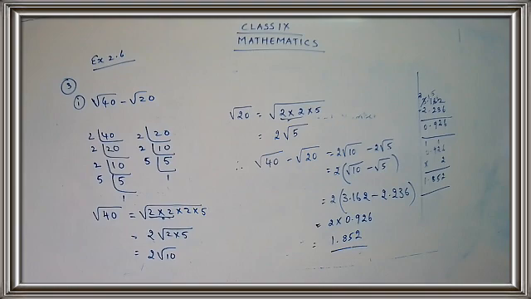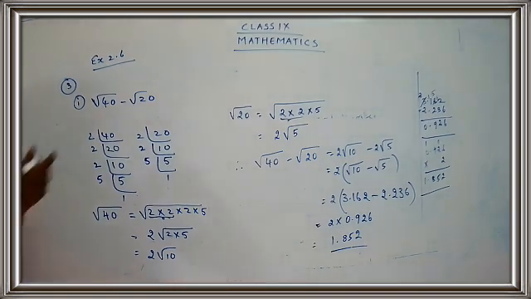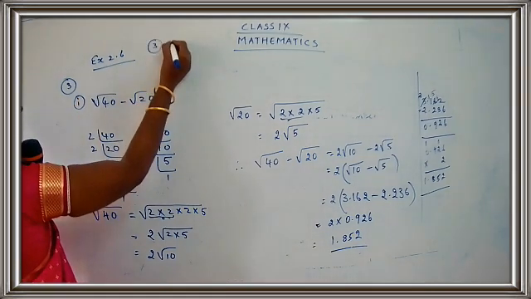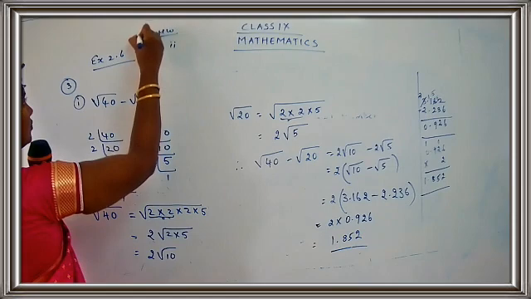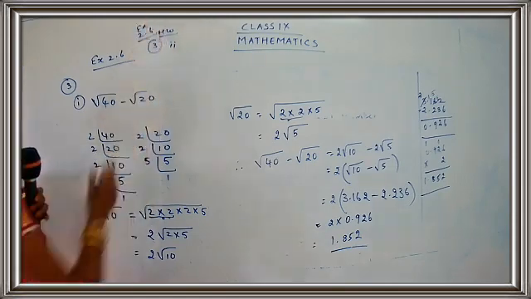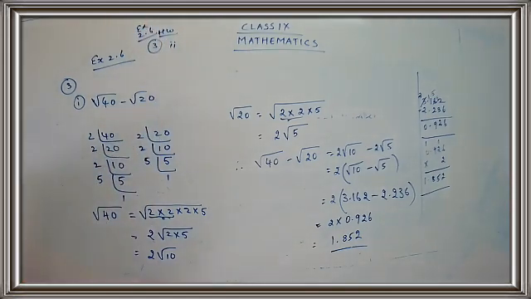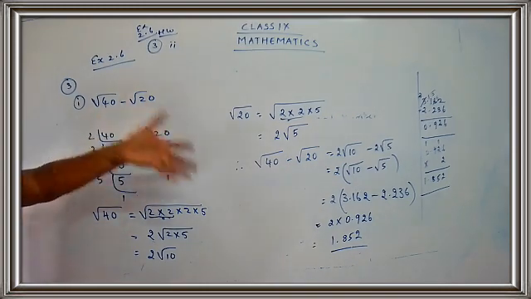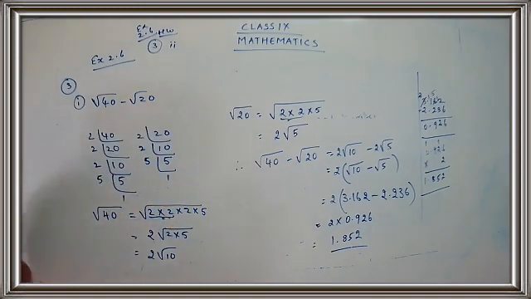Have you completed, children? Have you written down the answers? Okay, now question number 3. The second subpart will be a homework from 2.6. It's root 300 plus root 90 minus root 8. So you have to factorize it. You have to simplify the numbers. And wherever the values are possible, you are going to substitute the values and you are going to get the answer. So question number 3, the second subpart is your homework.